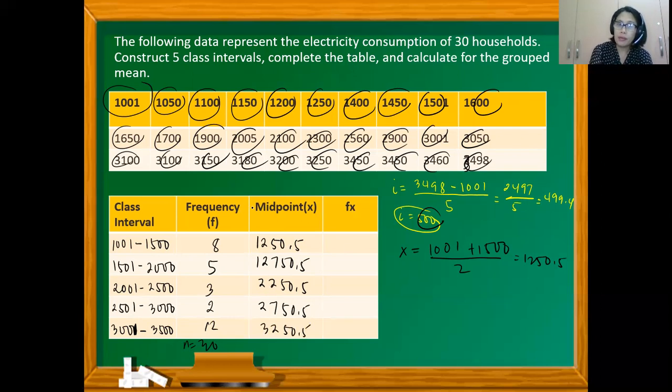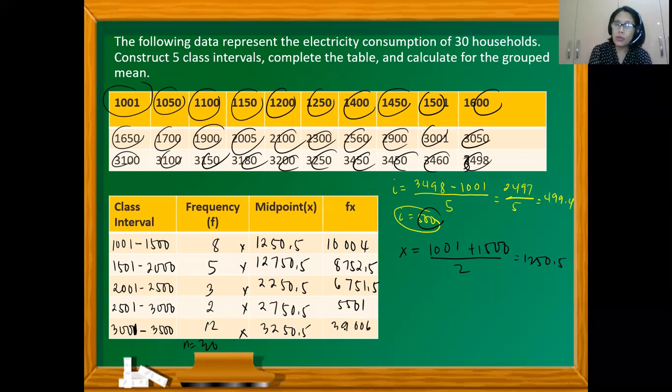And then we will multiply f and x. So everything here is multiplication. So 8 times 1,250.5 is 10,004. Well, 5 times 1,750.5 is 8,752.5. 3 times 2,250.5 is 6,751.5. And then 2 times 2,750.5 is 5,501. While 12 times 3,250.5 is